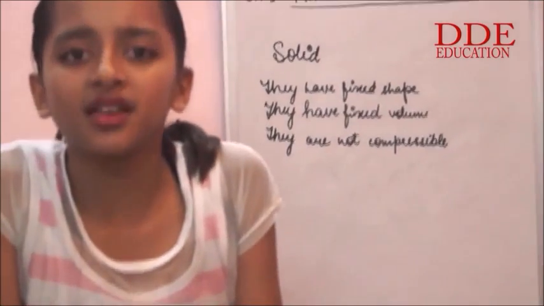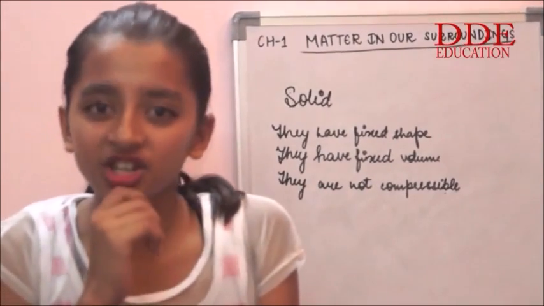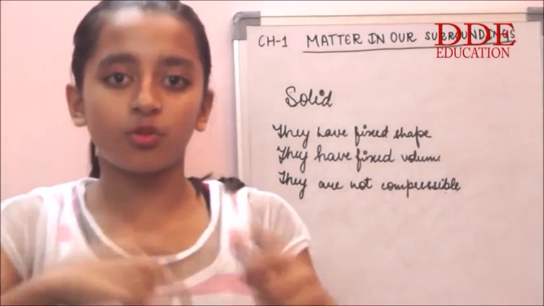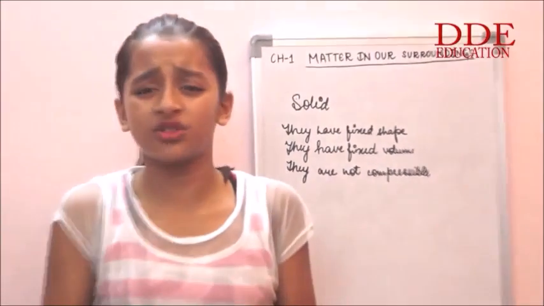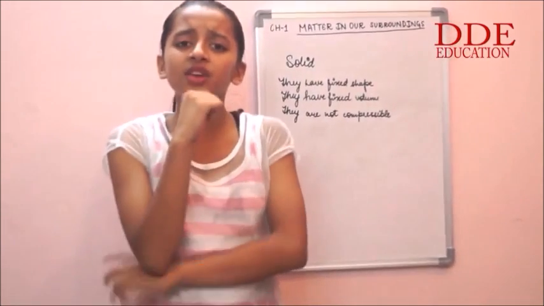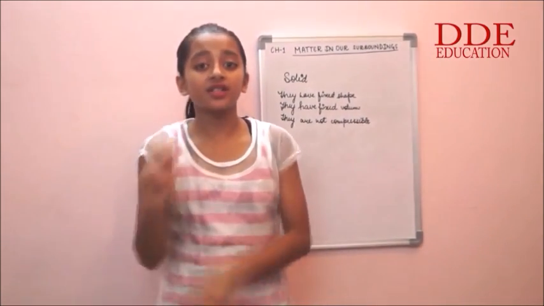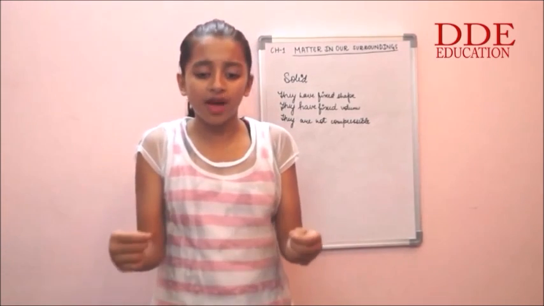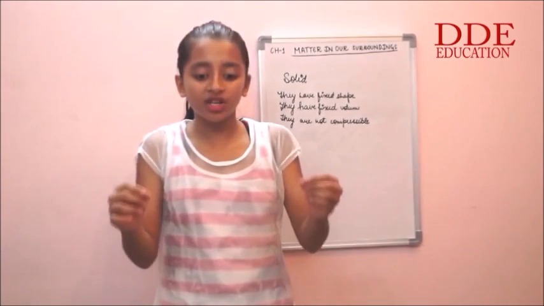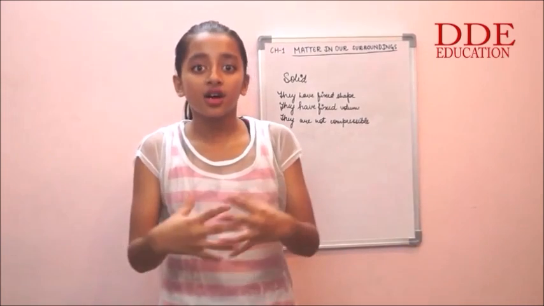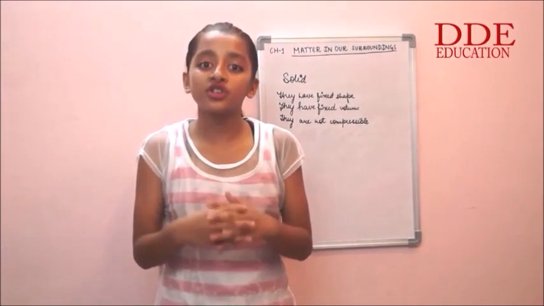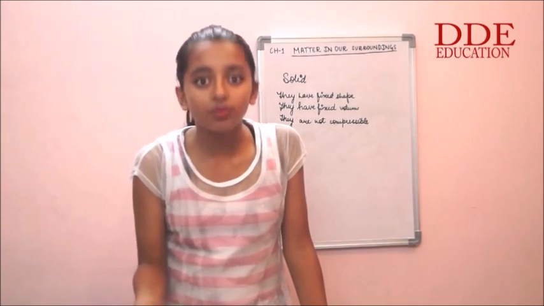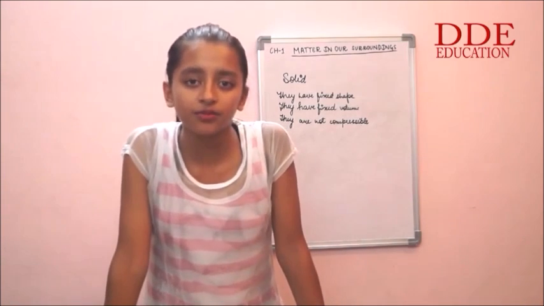Now you must be thinking by now, we can change the shape of a rubber band, isn't it? We can stretch it, or we can just mold it around. We can do anything with a rubber band. Then how can it be a solid? But it is a solid, as when you apply some force on the rubber band, the shape changes. But when you remove the force, the rubber band comes back to its original shape. That means it has a tendency to maintain its shape. This means that it's a solid.